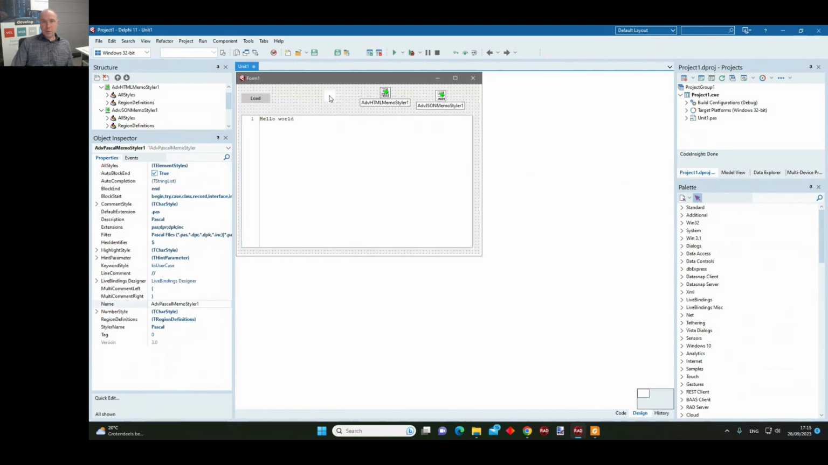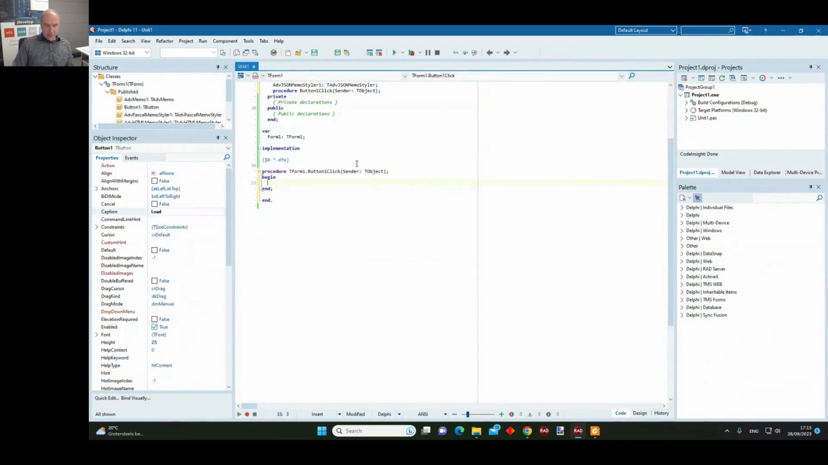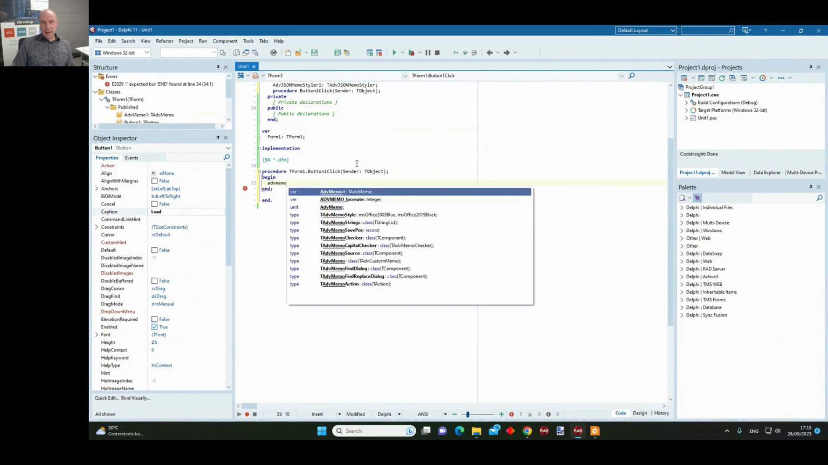What I will do first is, let's focus on Pascal. That's our beloved language. And so I bind the Pascal styler to the syntax styles property like this. By doing this, my memo will automatically style everything according to Pascal. And let's load one of the bigger